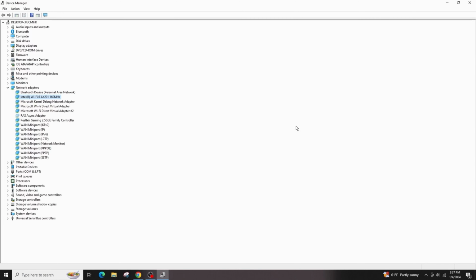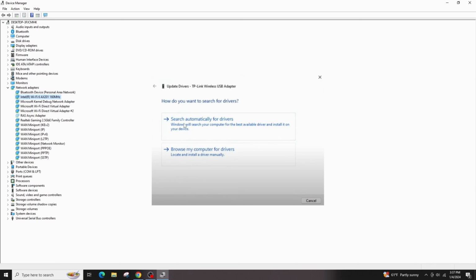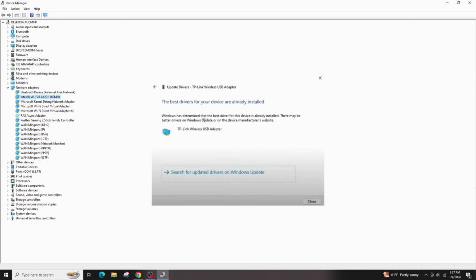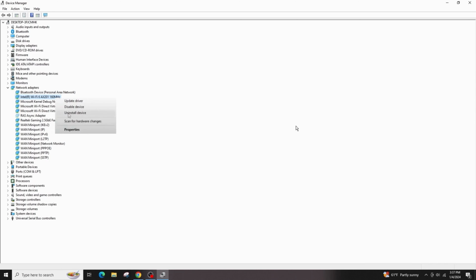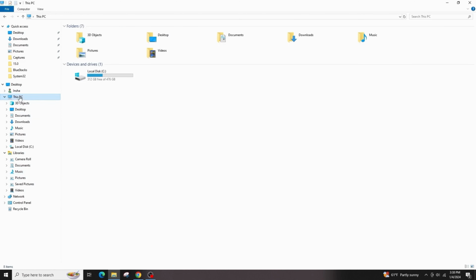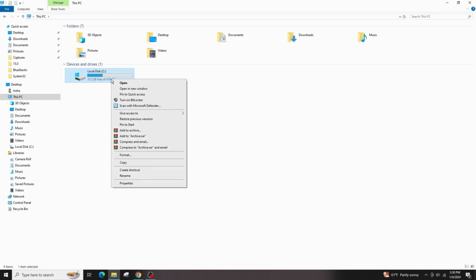Once you find the Wi-Fi adapter, right-click on it and choose the Update Driver option. Click Search automatically for drivers, and if updates are available, it will automatically update. If not, right-click on the Wi-Fi adapter, then click Uninstall Device. Restart your computer, and after the restart, open the File Explorer, click on this PC, then double-click on the C